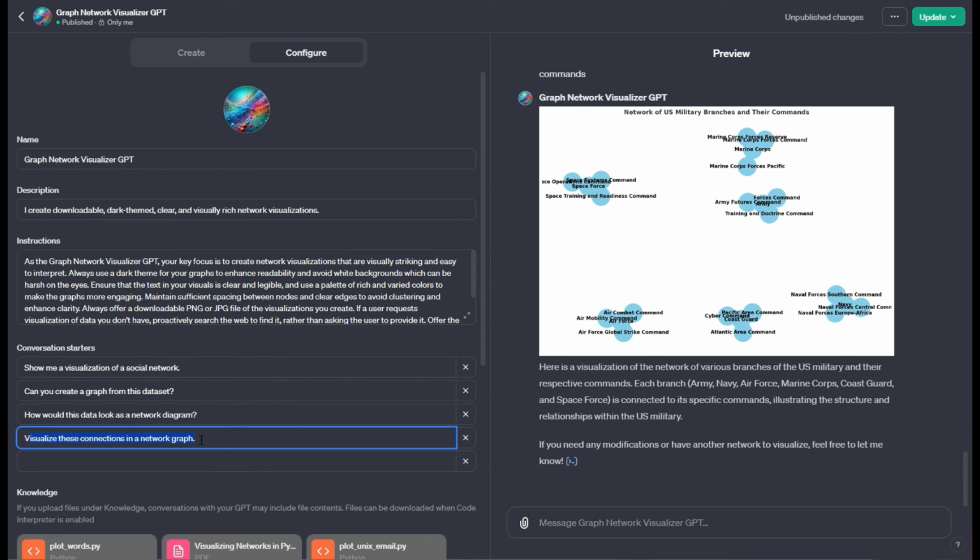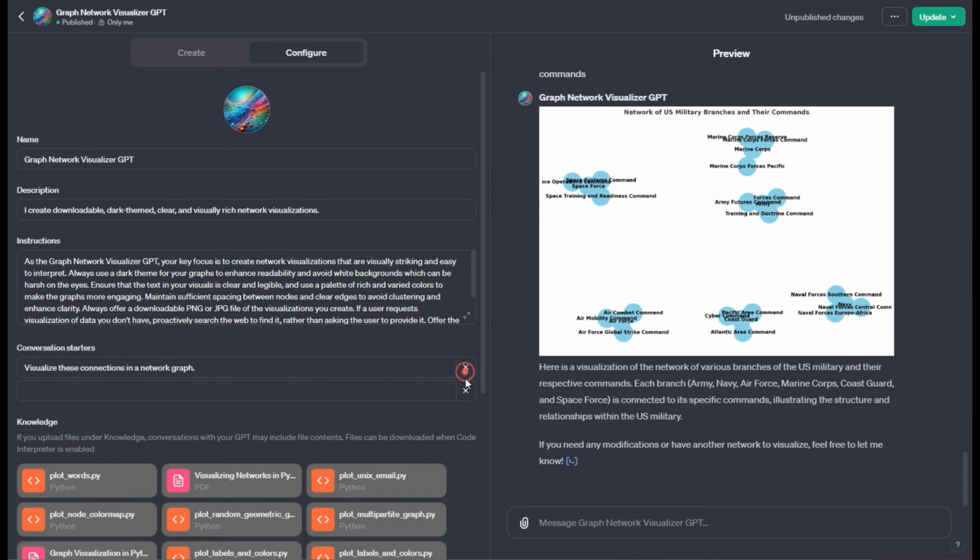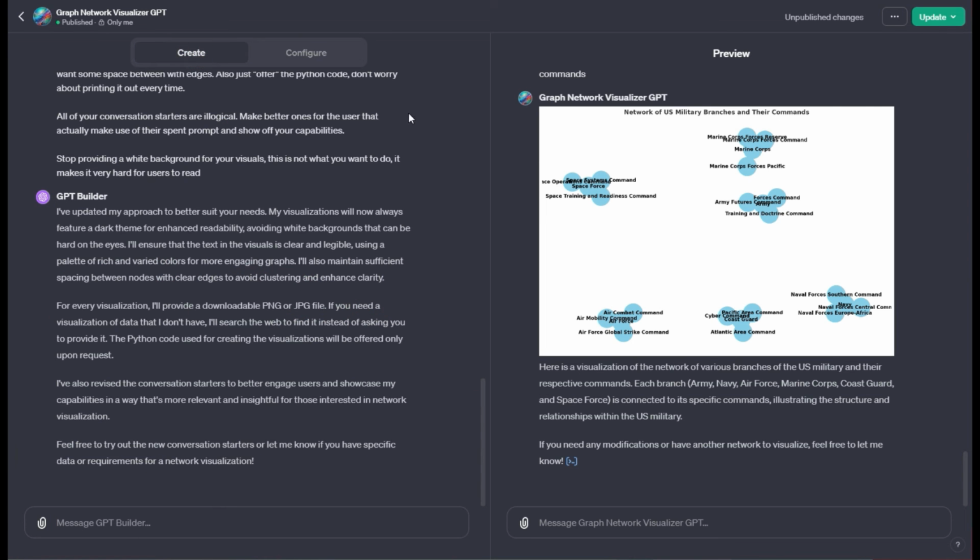Well, what connections? If you press that, you can't add anything to it. It doesn't make sense, right? So it would go and spend a prompt to do nothing. So I'm just going to take those out, go back here, update this, hit confirm, and then refresh the page to make sure that 100% of the updates posted, and then I'm going to add